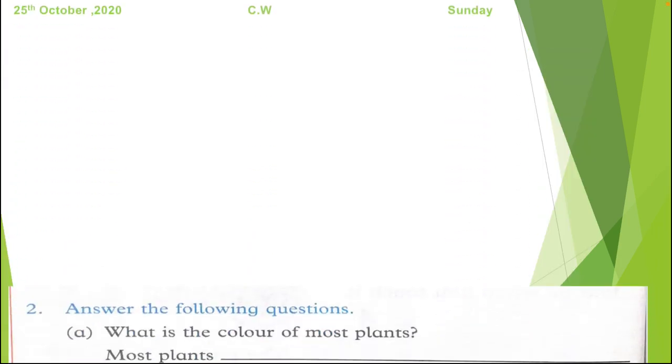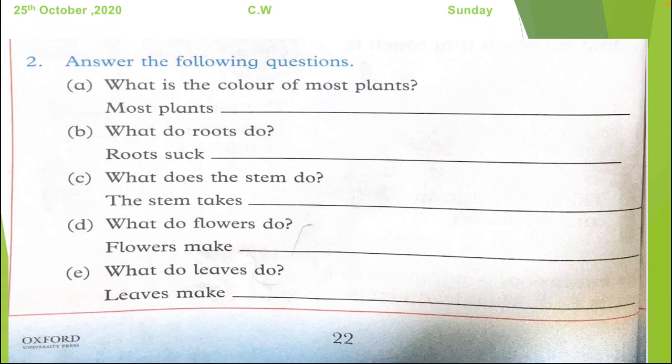And I hope everyone knows about this part because we have read every part of the plant and we have read these functions also. So what is this? The last one is, what is this part? This one is roots. So flower, leaf, stem and root. We have to label these.